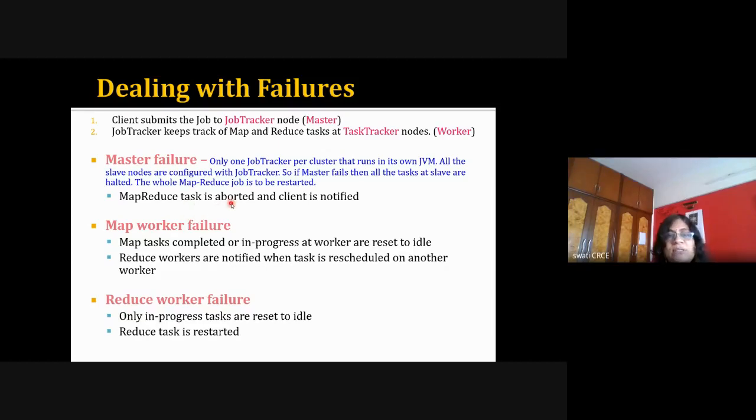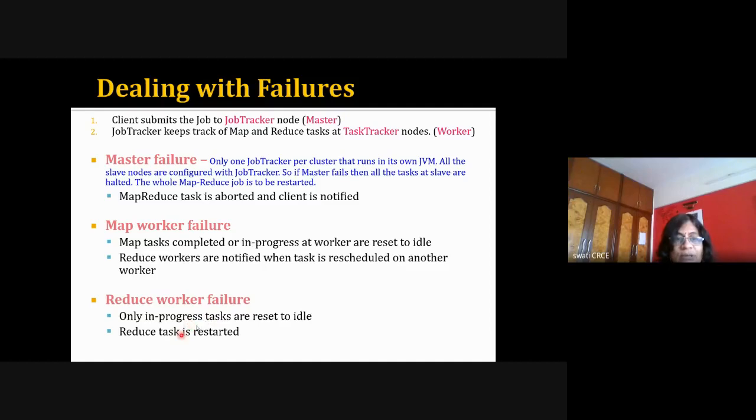The task is aborted, the client is notified, and the client will have to restart the job. But if a worker fails, then the master will identify the status of that particular task, the reducer tasks are notified, and it will restart on some other machine.